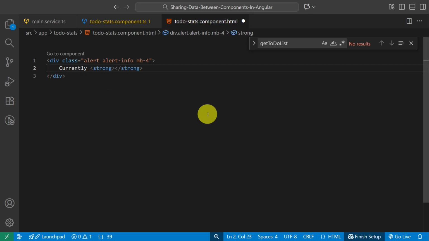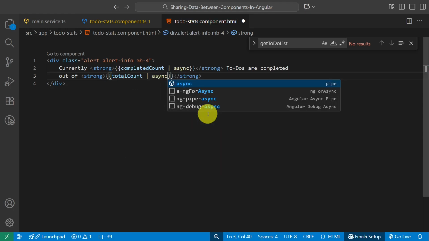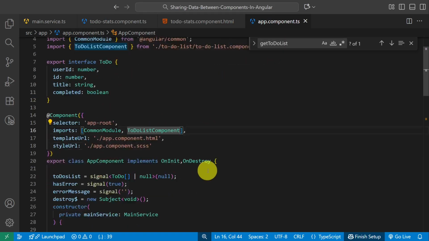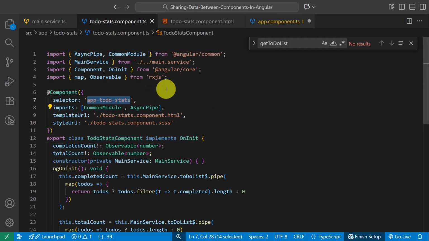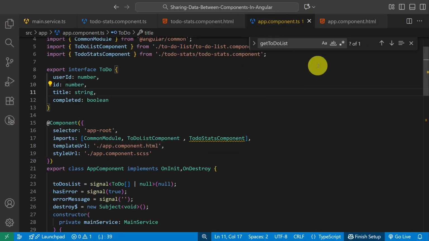That is completed count with async pipe, and in another line I display total count. Great. Now in our app component, I just import TodoStats. Now I use its tag.